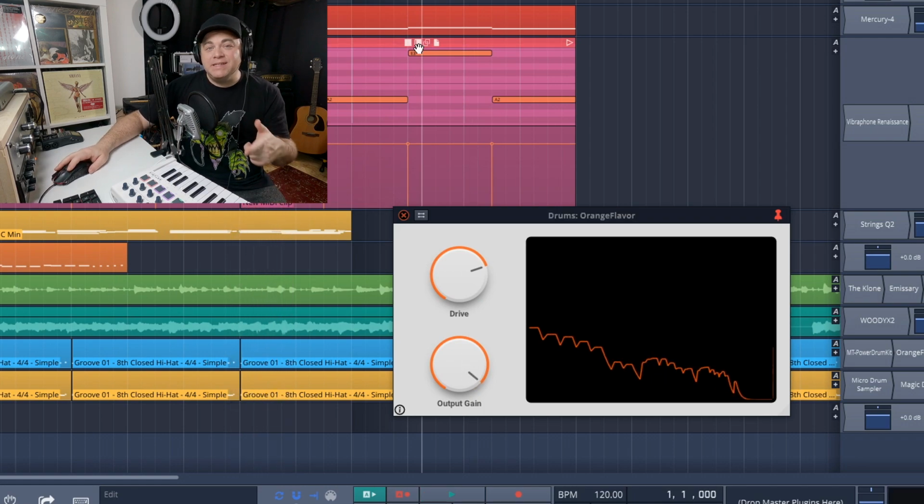Now, it's a pretty cool, easy to use saturation plugin right there. It's available on Mac and Windows in VST3 and AU formats. Next up is Harmonist from Lost in 70s.